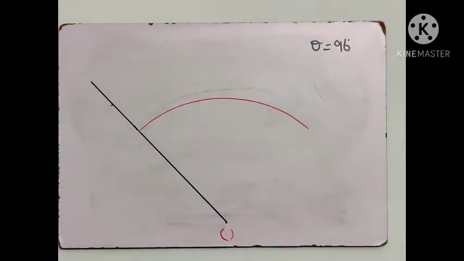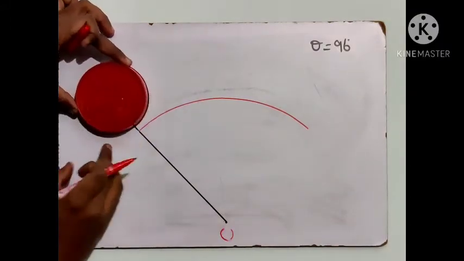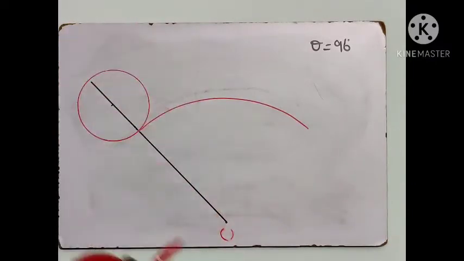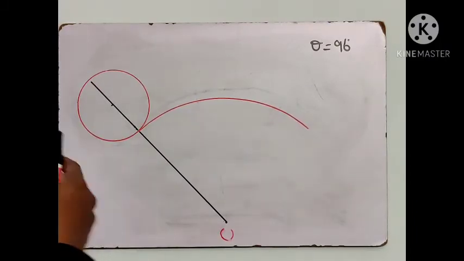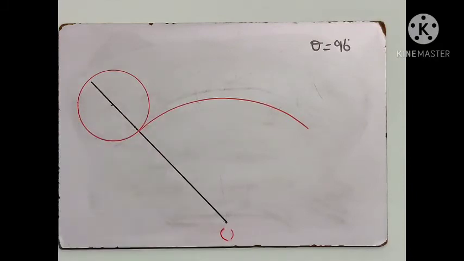So this is the first step, and the second step is, you need to draw the generating circle, something like this. So these are the first steps. We have drawn the guiding circle as well as the generating circle. The next step is dividing the generating circle into some convenient divisions. What I suggest is you go for 8 divisions.